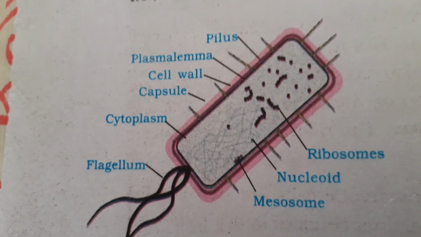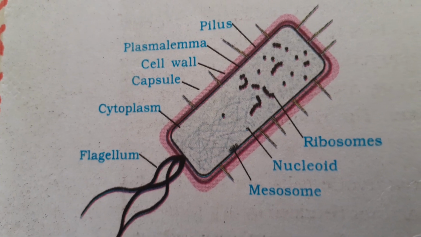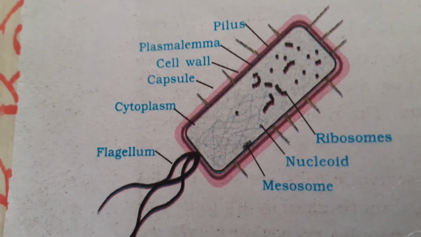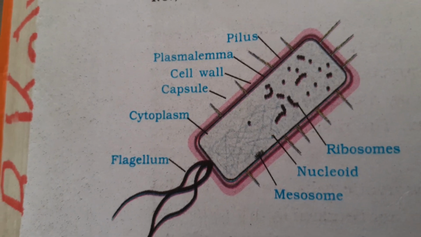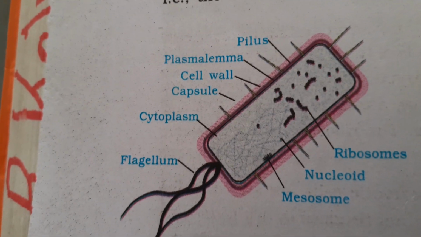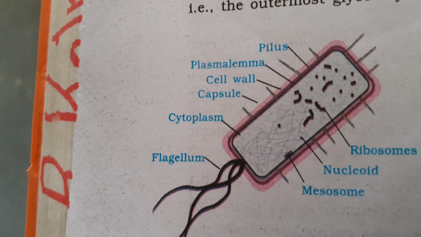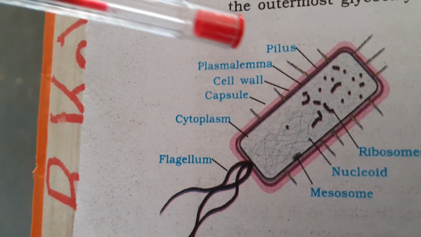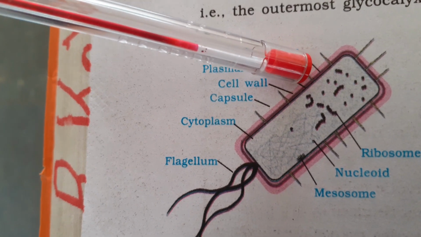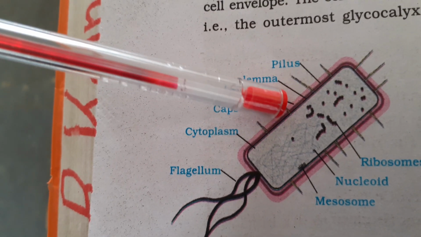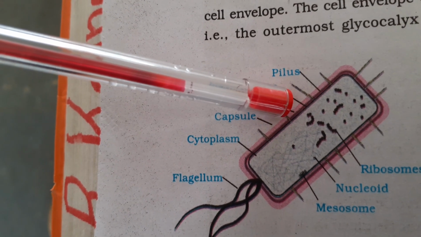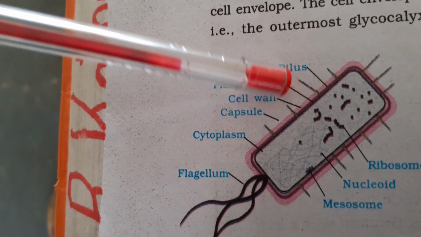Can you see here? What do you observe? This is the structure of a bacterial cell. A bacterial cell is an example of a prokaryotic cell. The prokaryotic cell has an outer layer called the cell wall. Can you see the wall-like structure? The cell wall will help in protection.